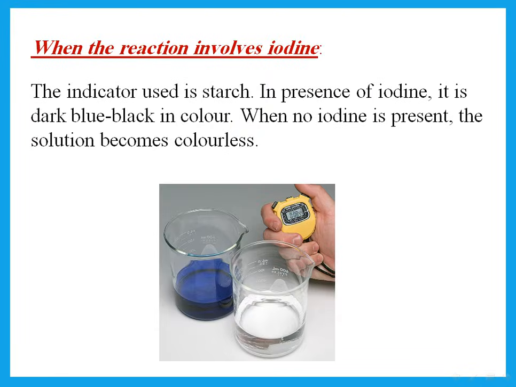Another way of measuring the rate of a reaction is if we have iodine in the reaction. Either iodine is appearing or iodine is disappearing. In that case, the indicator we use is starch, and we titrate it usually with sodium thiosulfate. So if there is iodine in the solution, the starch solution turns dark blue-black. When the iodine is used up, or when there is no more iodine in the reaction, then the solution becomes